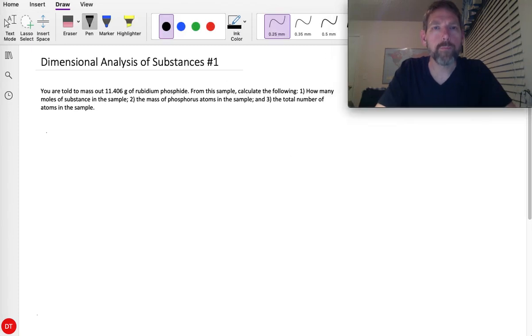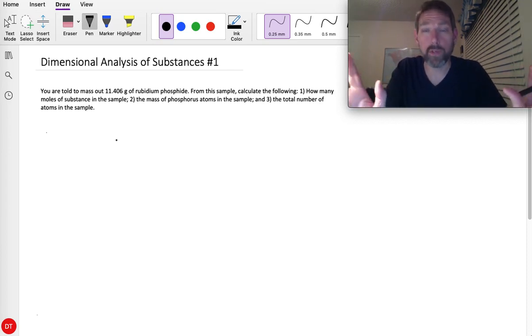How's it going, everybody? Let's do some dimensional analysis. What I have here is a sample of rubidium phosphide. I just picked some crazy number, 11.406. Just pick some numbers. Before I do this, though, I want you to pause this video and, for rubidium